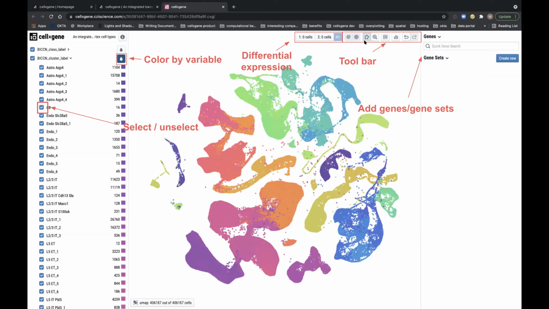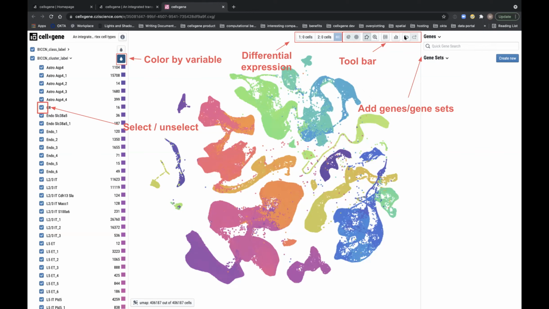Here we get lasso selection, so it's essentially selecting cells just by using your cursor to draw a little loop around them. Here you get a zoom and pan tool. Here is to display categorical names over the cluster centroids. Here's a little clipping tool, which I think I'll just explain in the demo.